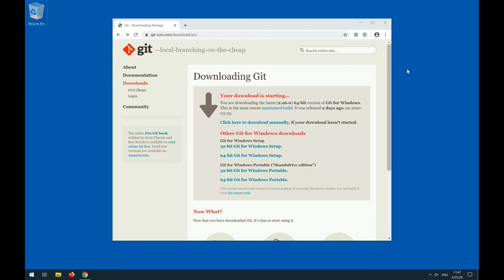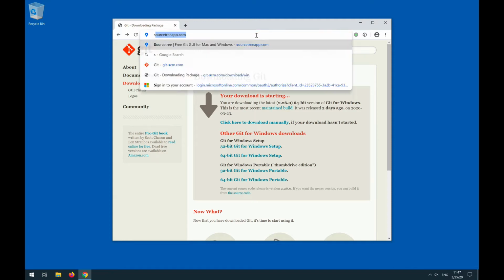So after downloading Git, let us now download one of the best GUI frontends for Git called SourceTree. This is made by an Australian software engineering company called Atlassian, and it is their community project, meaning the download is free, and they have, of course, other tools that they provide for you to pay for. But as far as SourceTree goes, the URL is